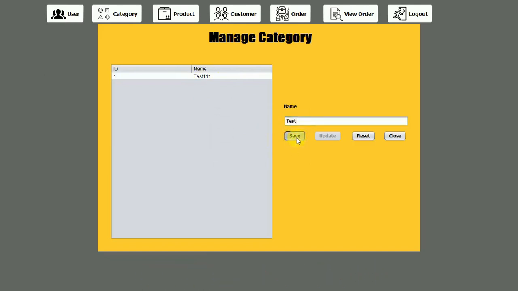Let's write one more. Let's write here category added. You can see the ID 2 and you can see the value. It means that our manage category part is working as expected. So this is all related to